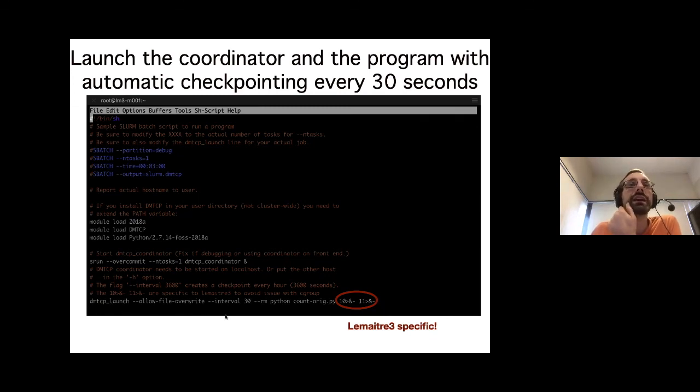Although I'll override an interval here, which is very important. Let's say after how much time you want to have a checkpoint. So in this case, you have a checkpoint every 30 seconds. Minus RRM is so that you have a nice interplay with the scheduler, and we'll see that in a couple of seconds. And then you have Python, and you have those weird things.